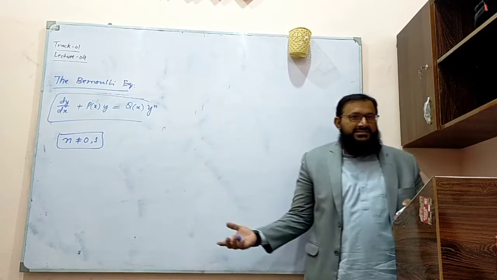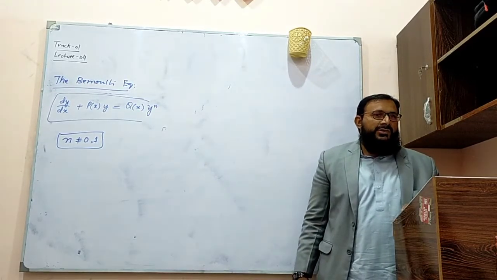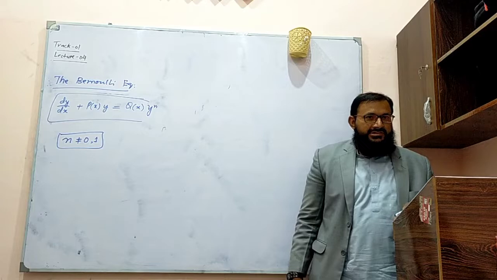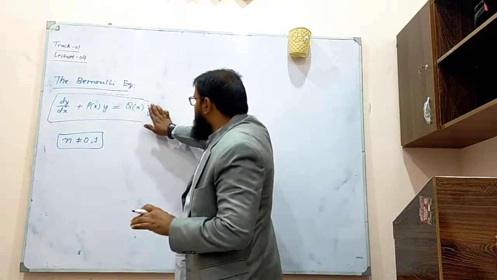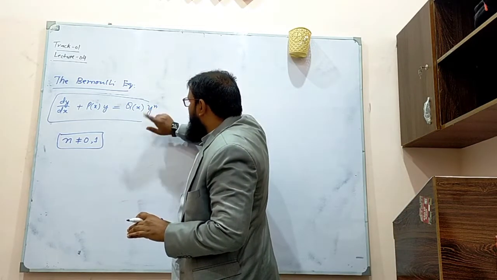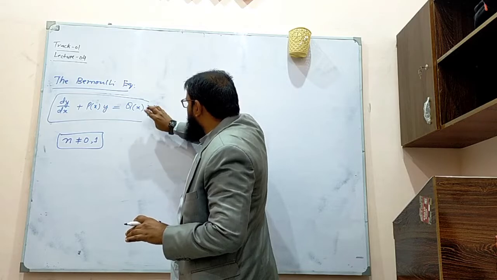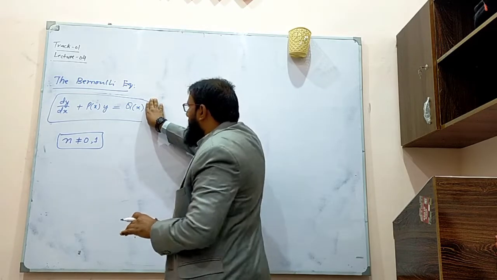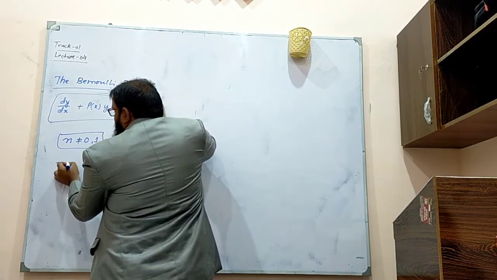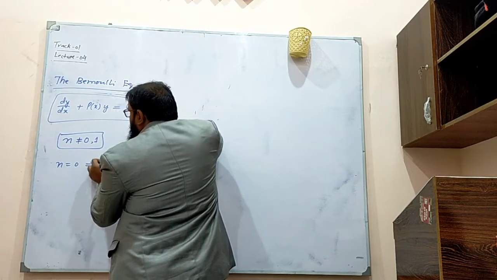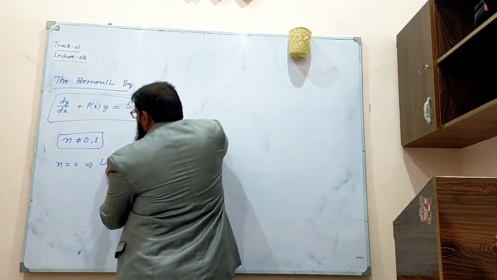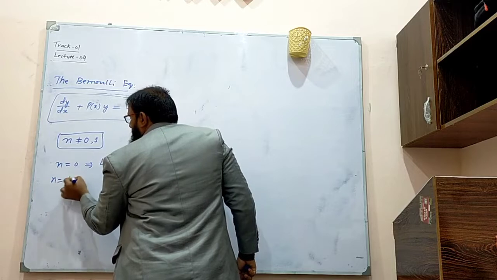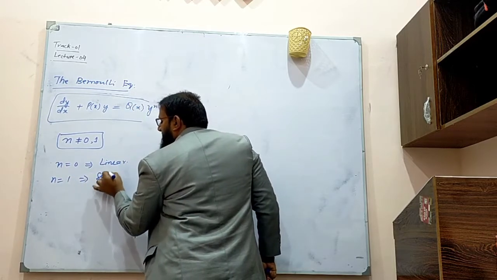If n takes 0 or 1, then we can get a linear equation. Because if the power of n is 0, then y power 0 is 1, and this becomes only a function of x. So n is equal to 0 implies that this equation is linear, and n is equal to 1 implies that this is